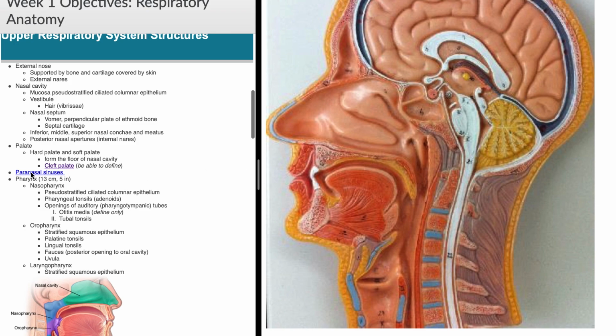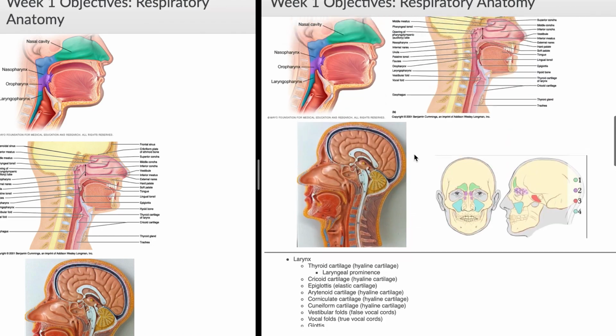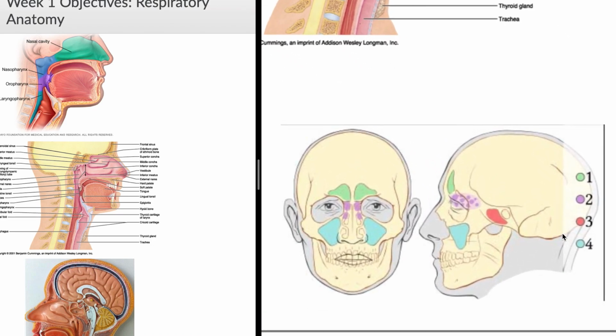The last topic I'll mention, but I won't talk about here, are the paranasal sinuses. Sorry, I'll mention them a little and I'll show you a picture, but I'm not going to talk in detail. There's a separate video that I made a year ago that goes through these, and I'd like you to watch that video because it really needs the 3-dimensional software to be able to illustrate this well. So that's what that video has. So if you click on paranasal sinuses, it will take you to a separate video so you can appreciate these. But what I'll do is I'll show you the picture that I have in here to represent them,